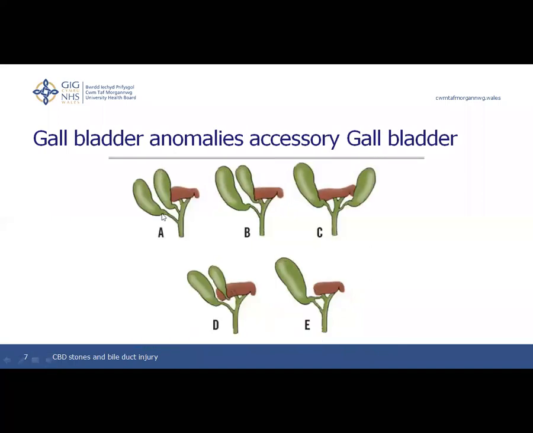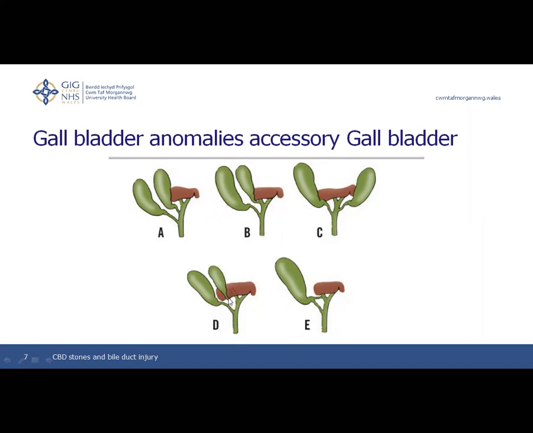Again, the anomalies of the cystic duct, like two cystic ducts combine and drain straight away into the common bile duct, and there can be one gallbladder with one cystic duct which drains into the hepatic duct and then into the common bile duct. The other gallbladder will be straight away like a normal gallbladder with a normal cystic duct. There can be two gallbladders on two sides of the liver, one on the right side and one on the left side, and one gallbladder can have a cystic duct which drains into the right hepatic duct, but